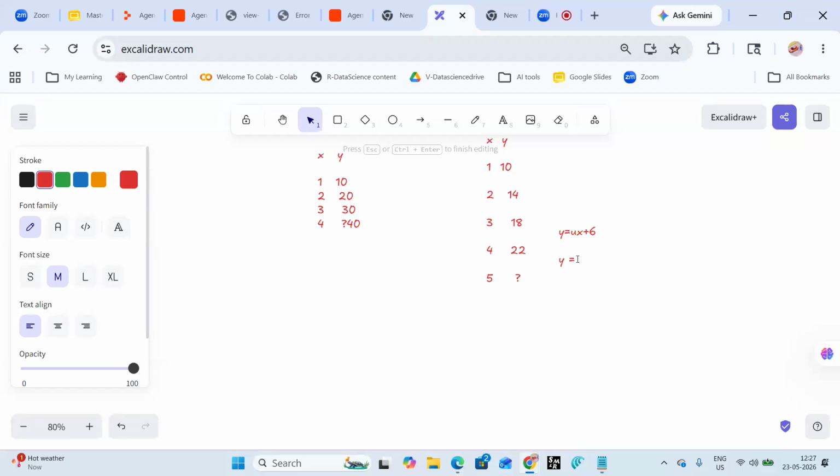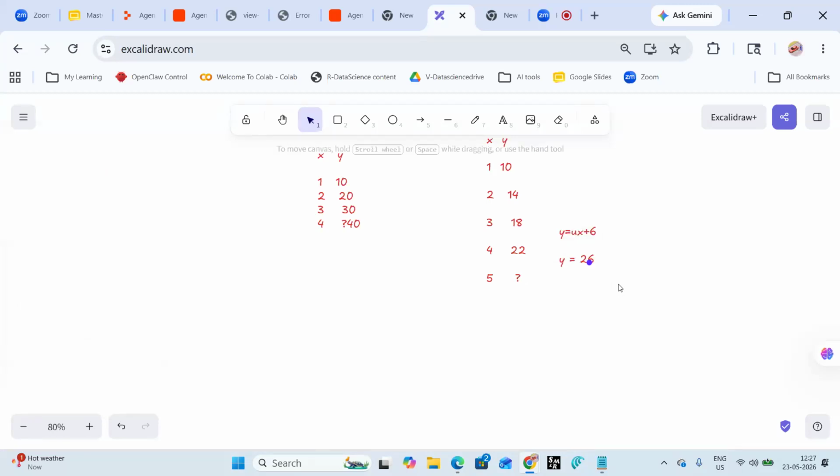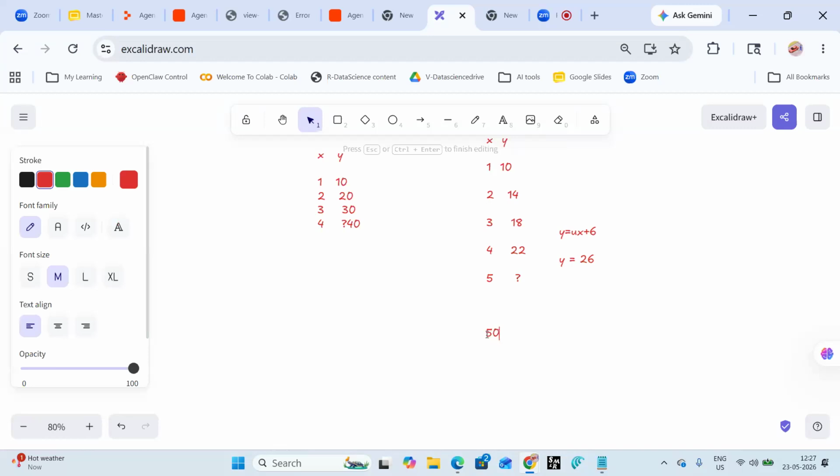Or you can say, when x is 5, 5 4s are 20, plus 6, 26. Okay. Now if x is 500, what is your answer? 2006. It's easy. So here we guessed because we have a small series and that guess is correct, 26.